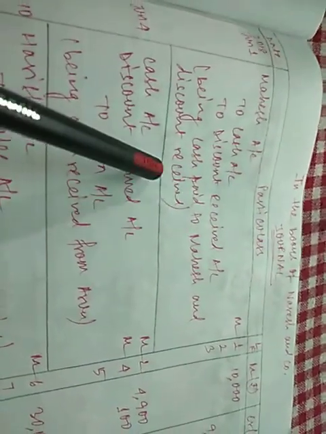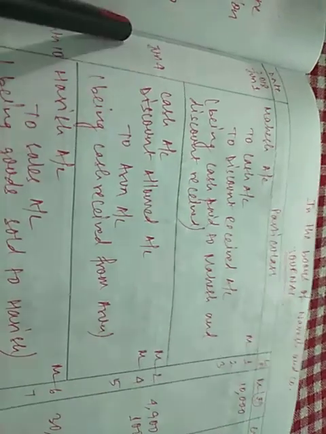So the first entry is done since we have made the entry straight way and the reverse side also. Now we'll move on to the second entry on June 4. The second entry is on June 4, that is cash